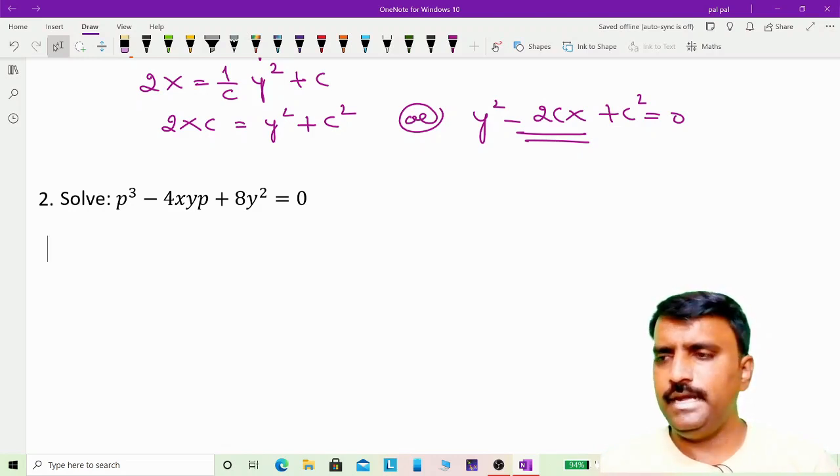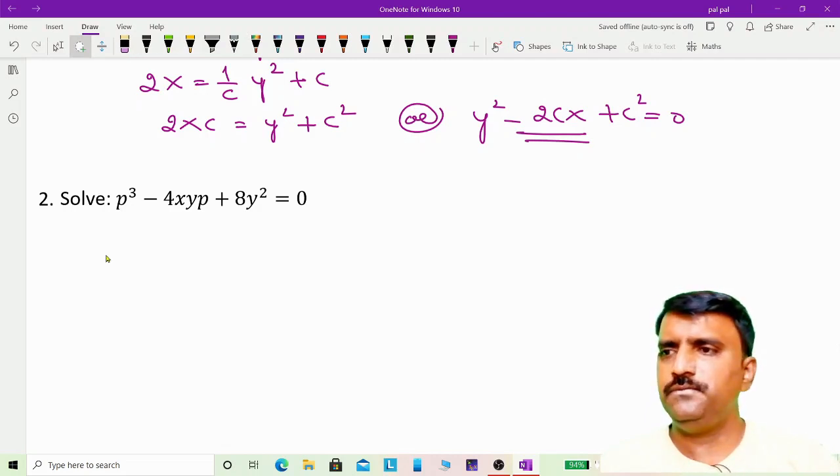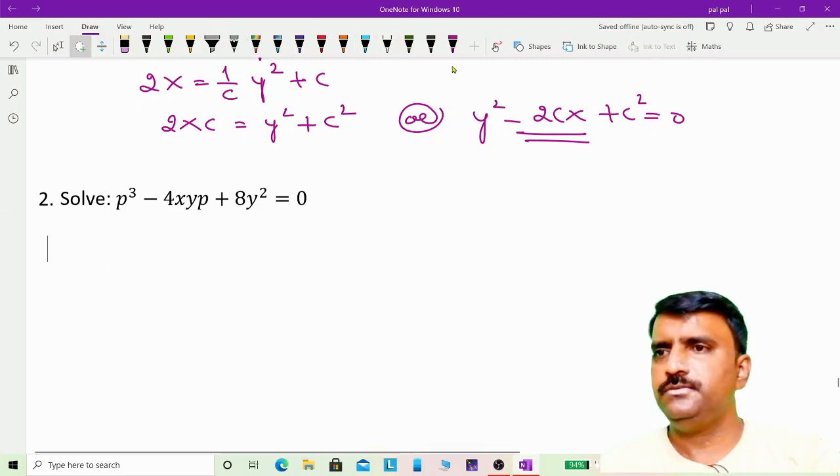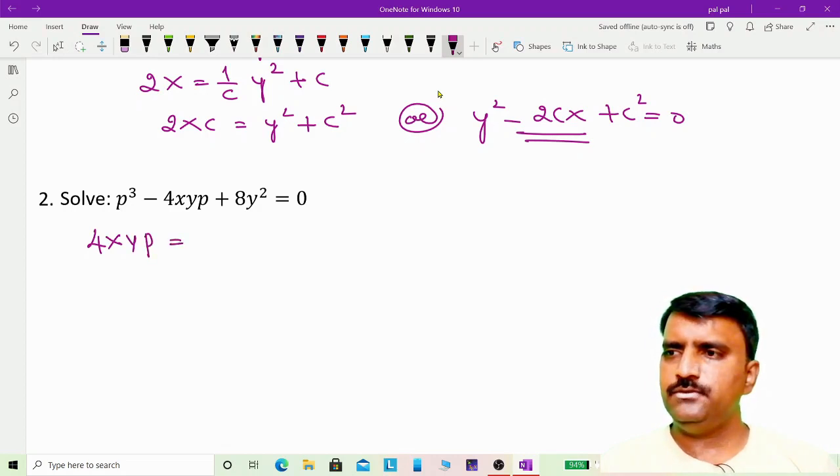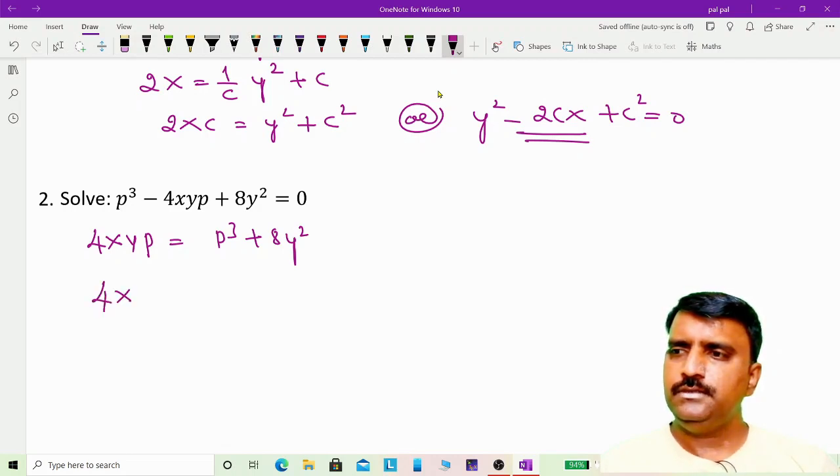You write this equation as 4xyp is equal to p cube plus 8y square. Okay, so we have to separate x now. So 4x is equal to p cube divided by yp